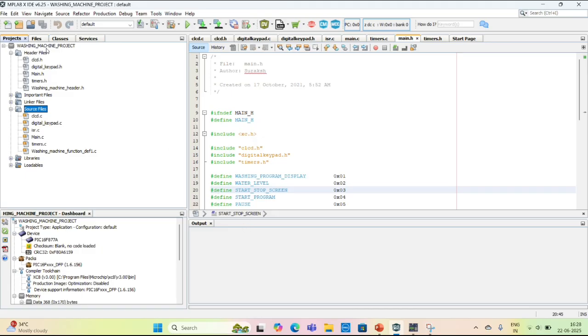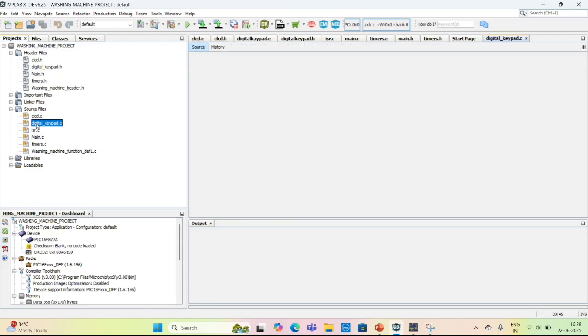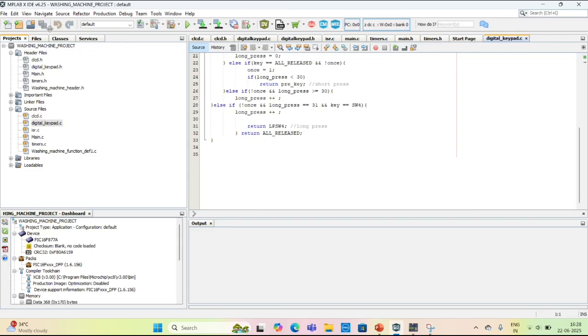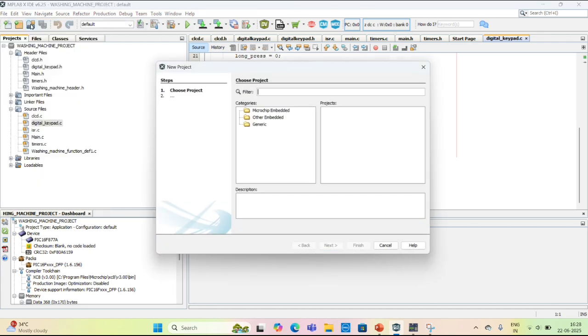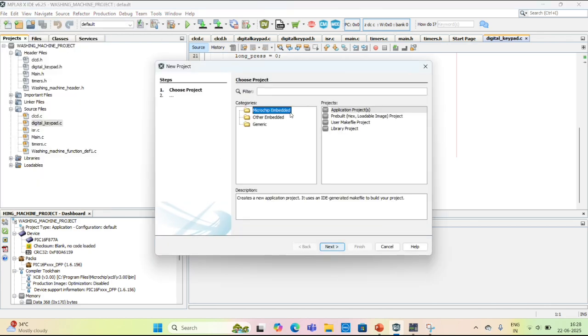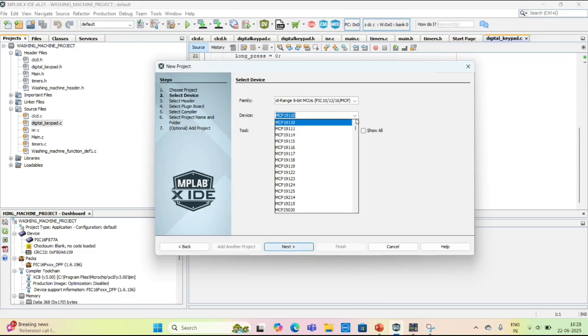Here we can see the washing machine project, and here is the code, header files, and main files, and many more. We will take a new project, and then we can select the Microchip embedded application projects. Next we can select mid-range, and here pick